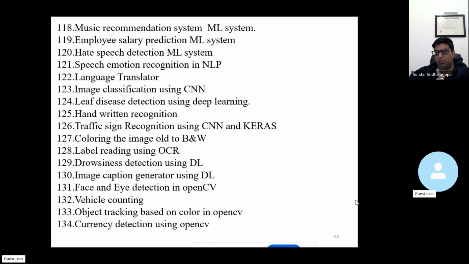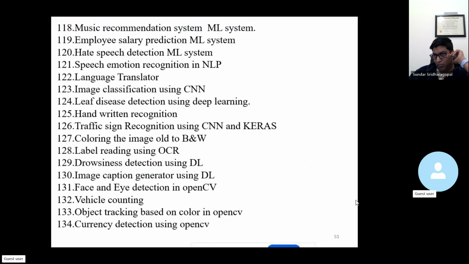leaf disease detection using deep learning, handwritten recognition, traffic sign recognition using CNN and Keras, coloring the image from black and white, label reading using optical character recognition, drowsiness detection using deep learning technique, image caption generator using deep learning, face and eye detection using OpenCV, computer vision, then vehicle counting, object tracking based on color in OpenCV, currency